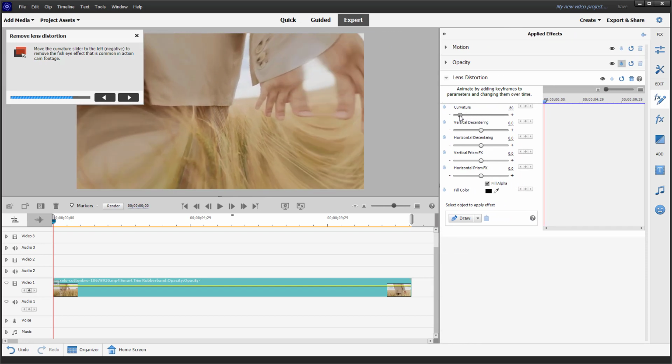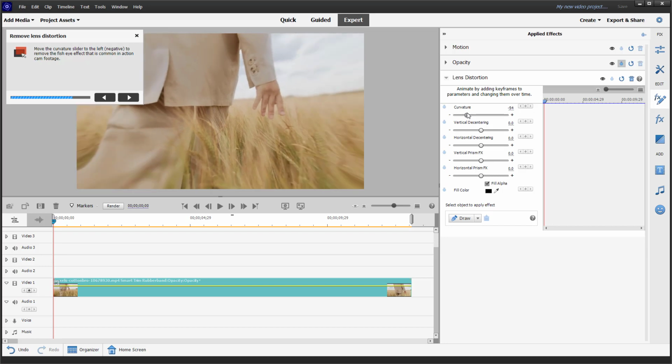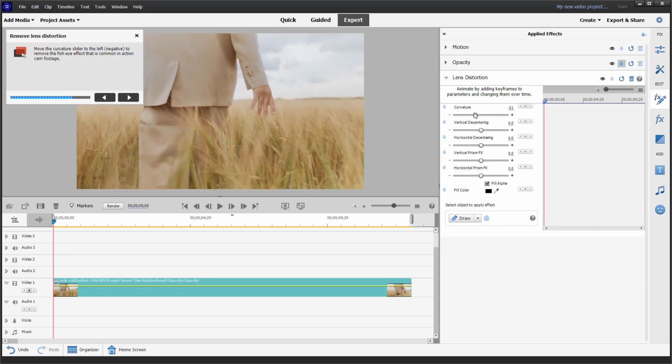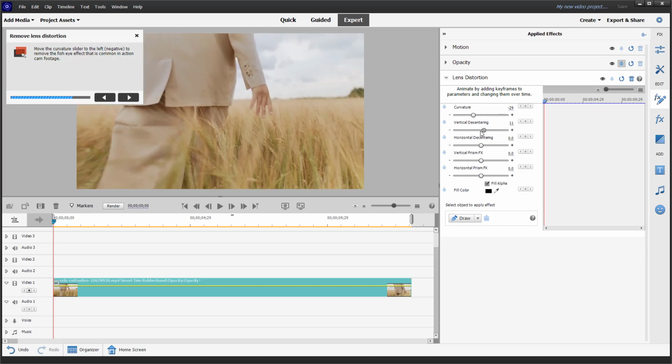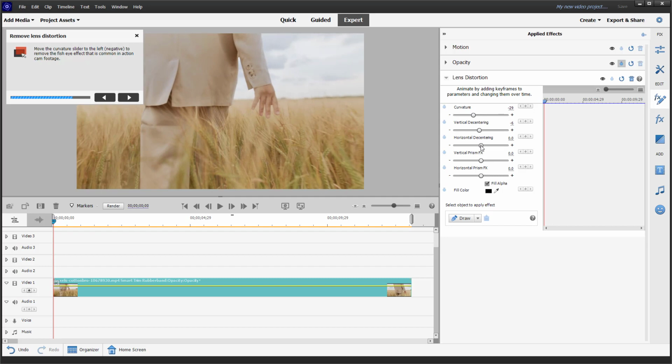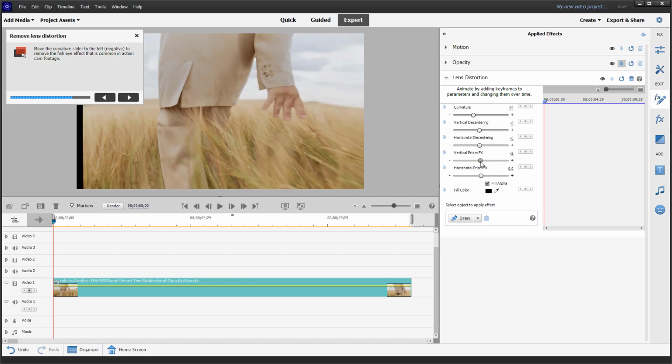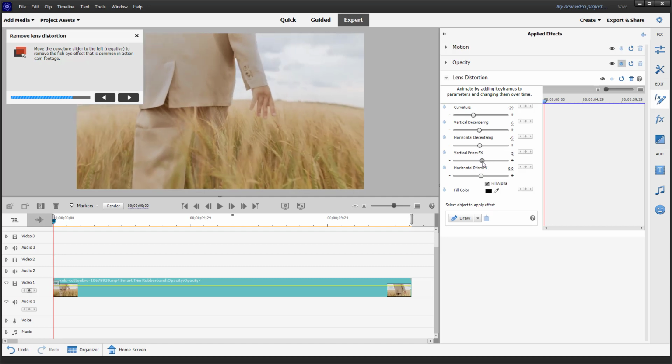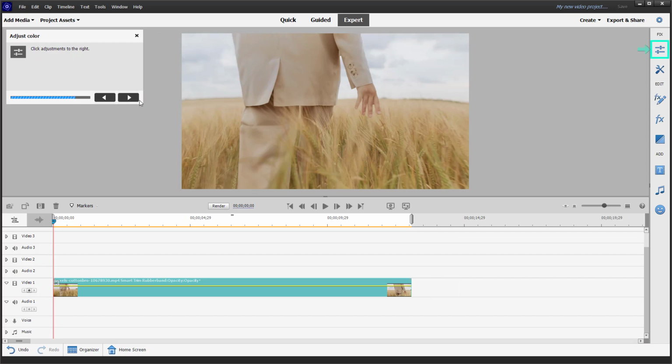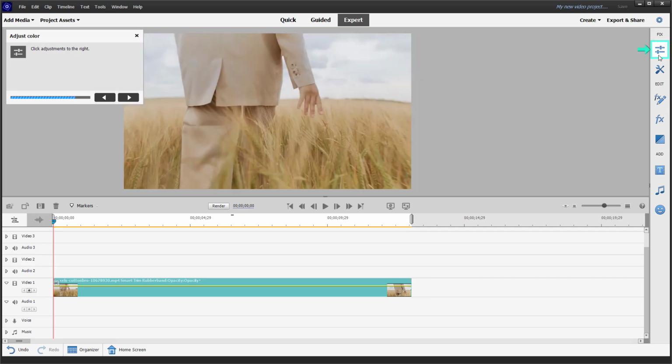And it says I can pull out the curvature to change the lens distortion that I may have right here. You can also change the vertical decentering and horizontal decentering, and change the lens effect, as you can see, just like this, and get the ones you want. So if I click on next, now it is asking me to go to adjustments